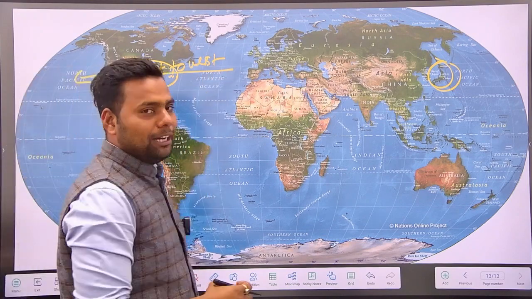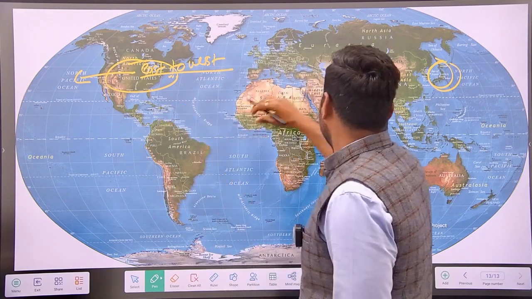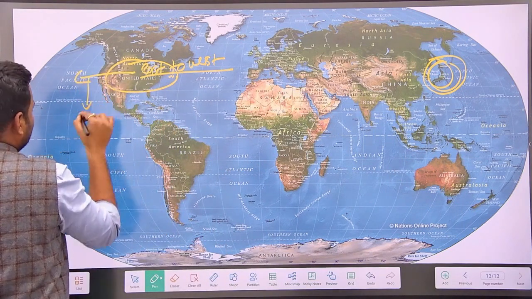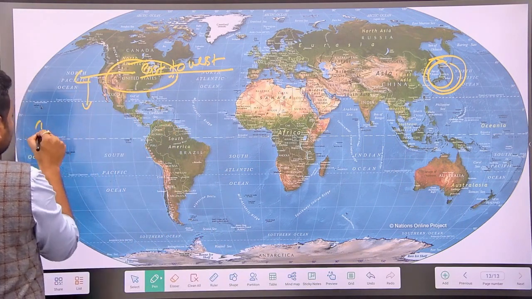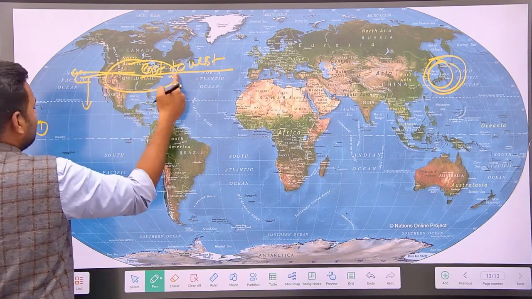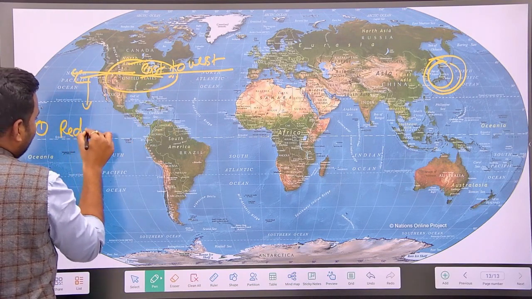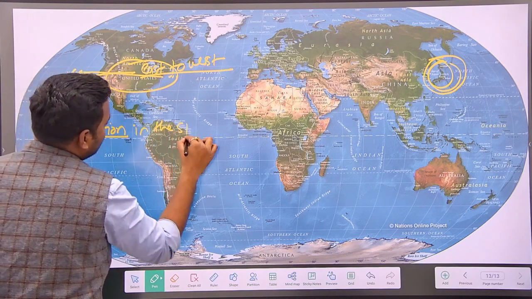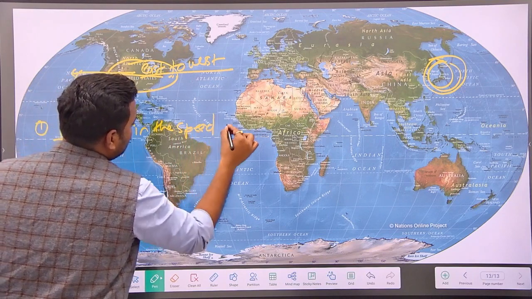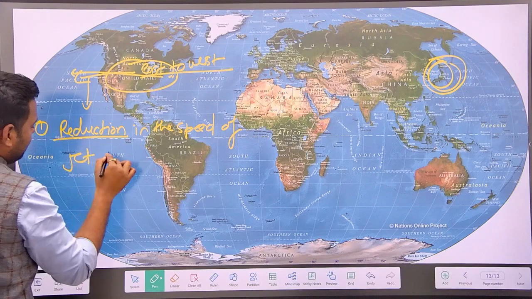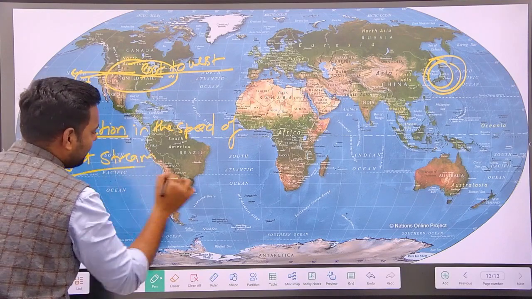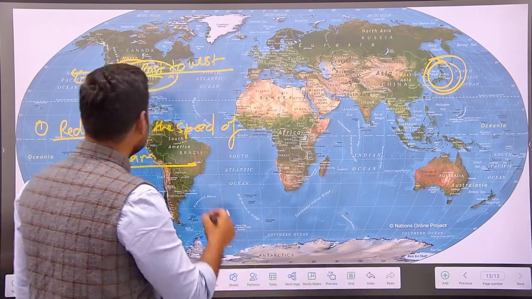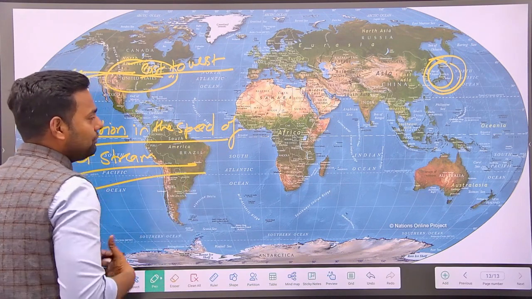When Uncle Sam was attacked by the jet bomber over the Japanese territory, they marked some changes. First, when the jet bomber moved from east to west, there was a marked reduction in the speed of the jet stream. Nobody could understand what was going on, what happened, and why there was a reduction in the velocity of the jet.